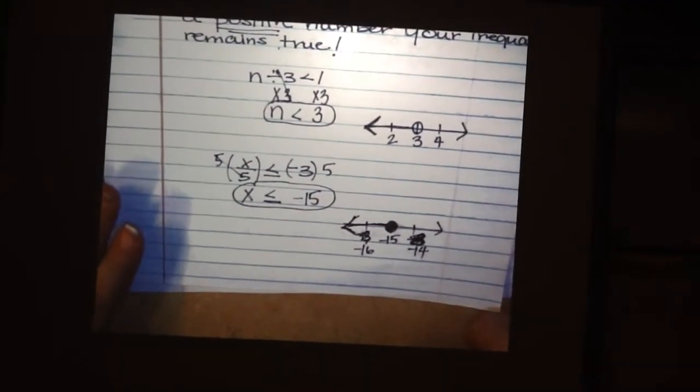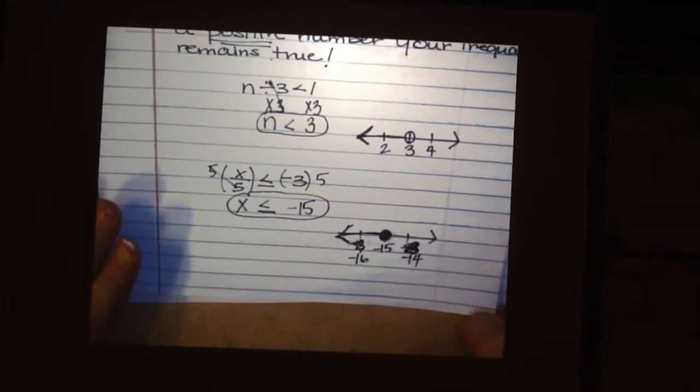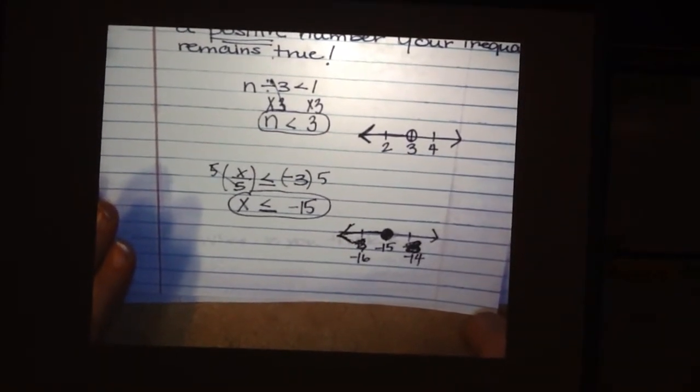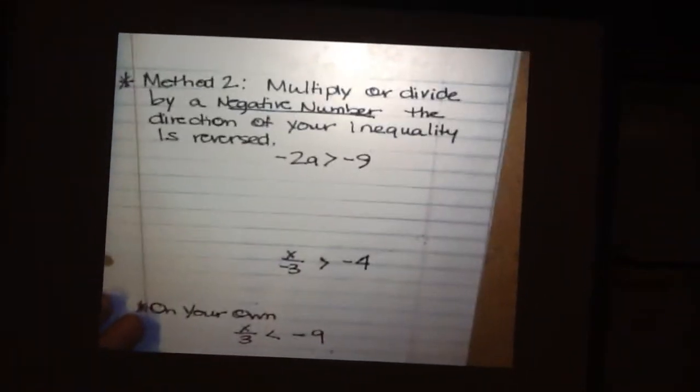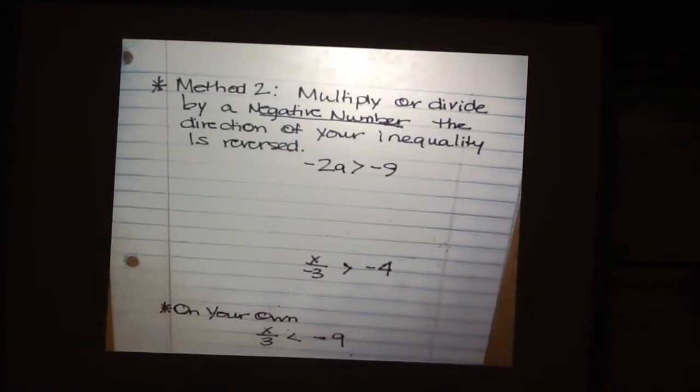So, those are your two examples. Make sure to have both of those written down and make sure to have your graphs right. Make sure those numbers are right, unlike me. Okay, second method. This is your second one that you want to write down, so make sure you write